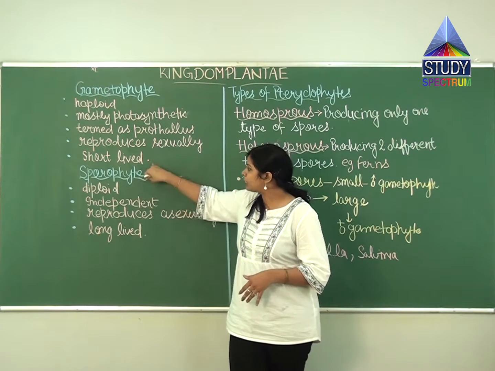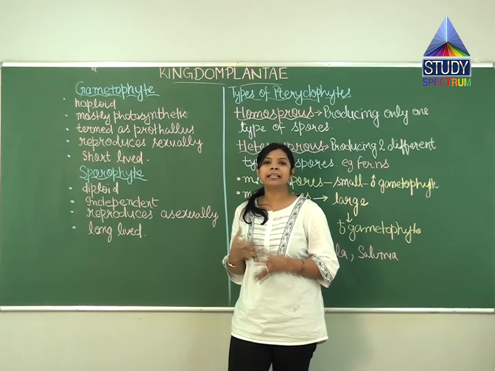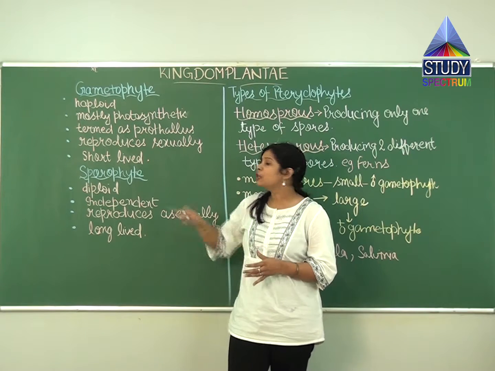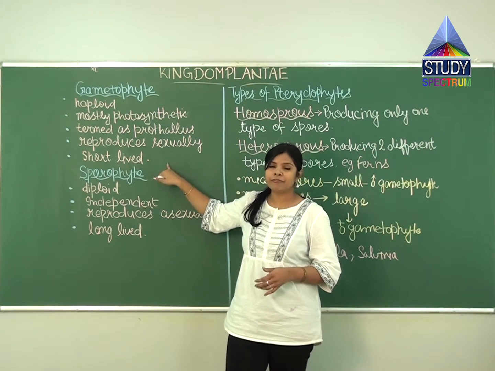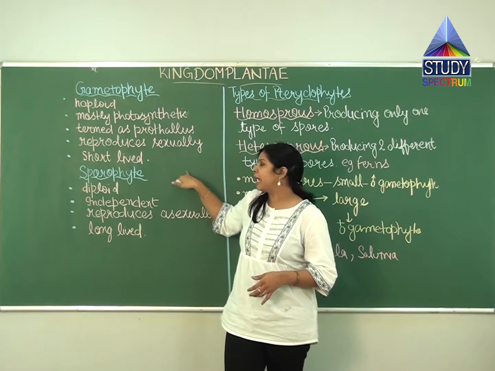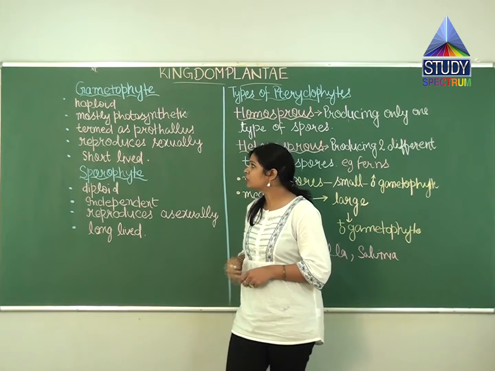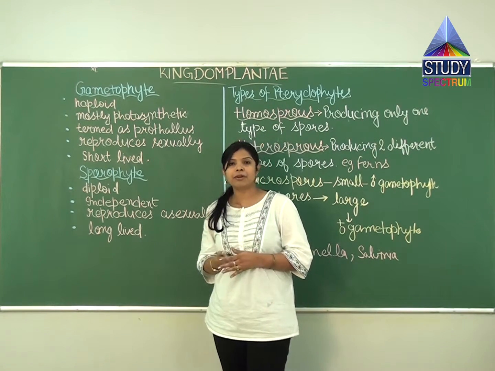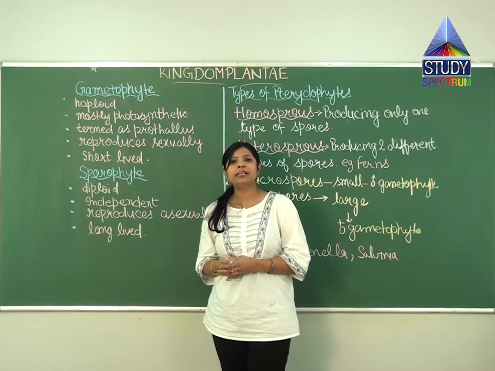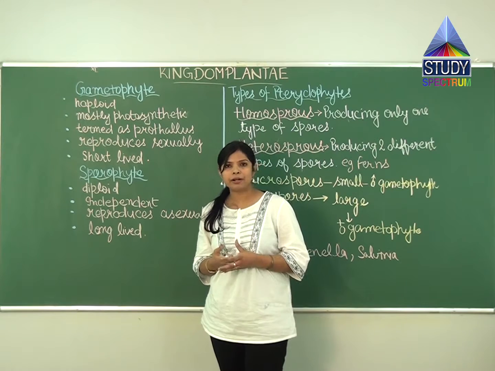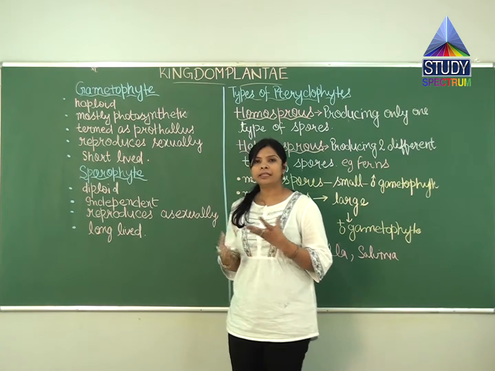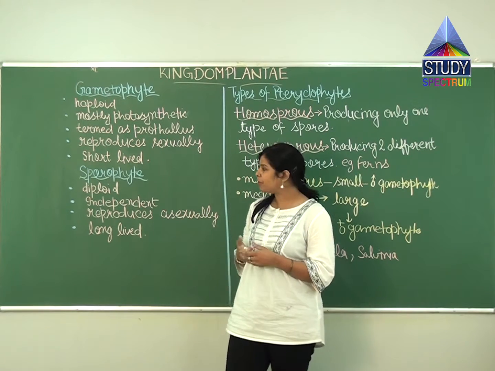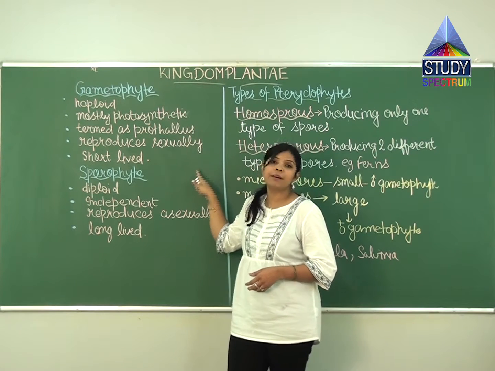Other than this, it is short-lived. So why do we say that it is recessive and the main plant body is a sporophyte? Because the gametophyte is a short-lived structure. Means they live for a short period of time, they fuse and they form the sporophyte. So it is all about the gametophyte. That's why the plant will be a sporophyte. If you recall algae or bryophytes, there the plant body was the gametophyte. Means there the mature plant body was the gametophyte. But here the mature plant body will be the sporophyte. So because of that, this stage will be a recessive stage.